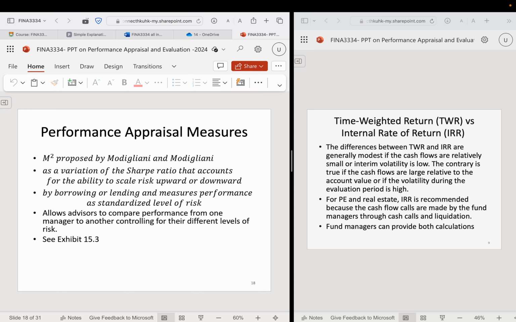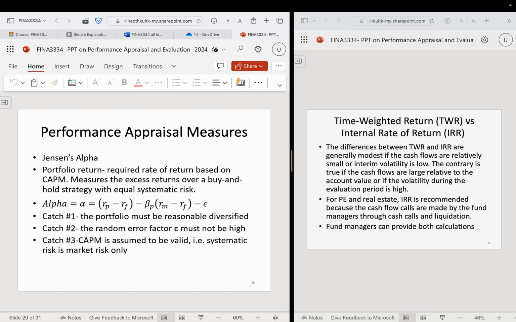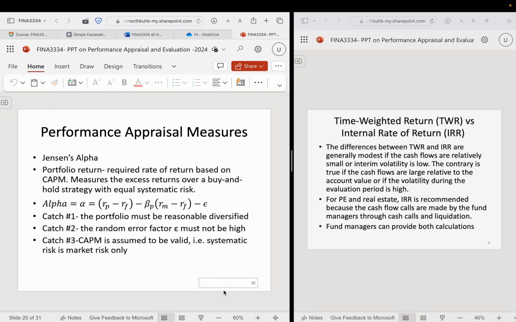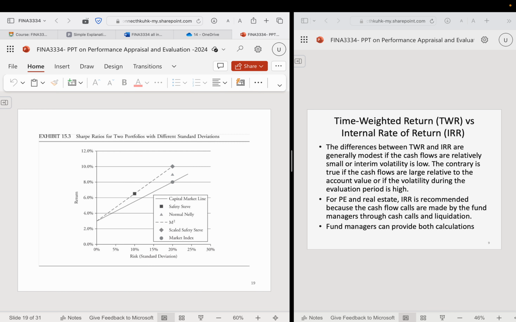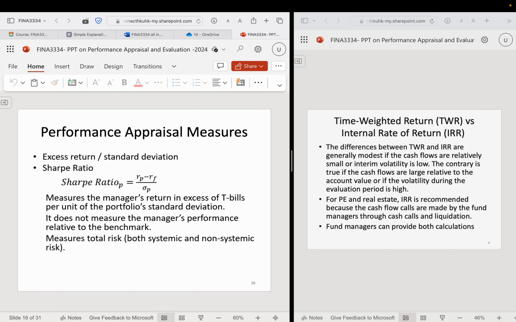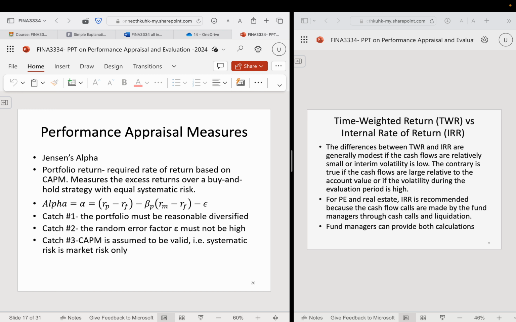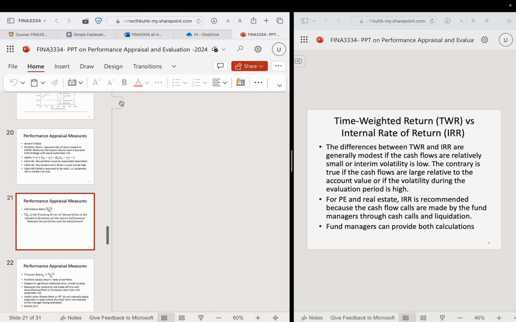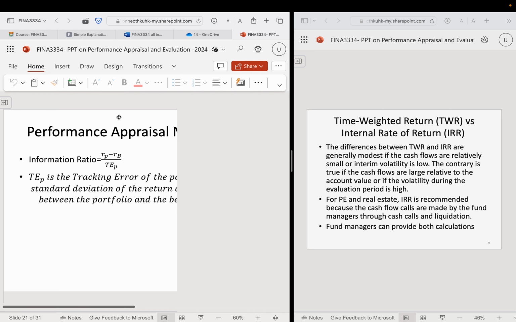So here comes the very important part, the performance attribution. When we evaluate a manager, whether he's doing well or not, I want to know where the portfolio returns come from. For example, in the previous example, how to distinguish 1.1 million against 1.946 million. Why is this better? I want to know it. So this is how we calculate the performance attribution.